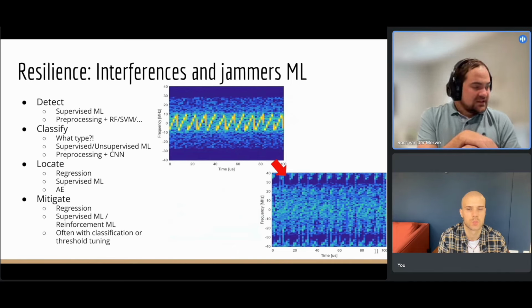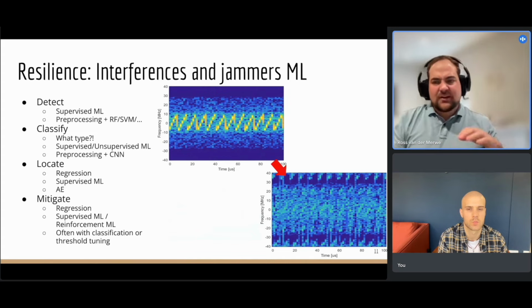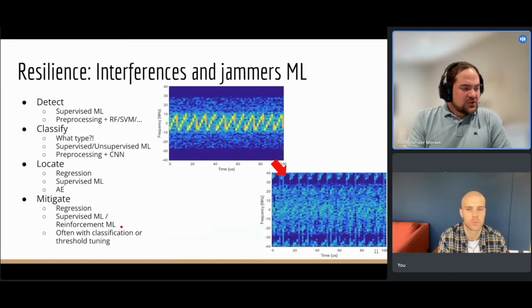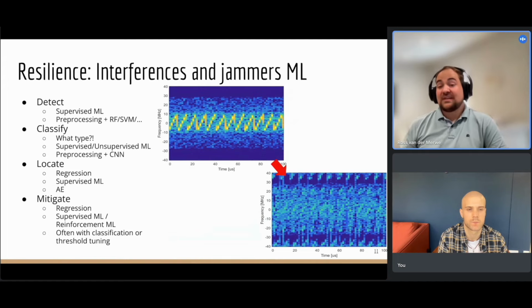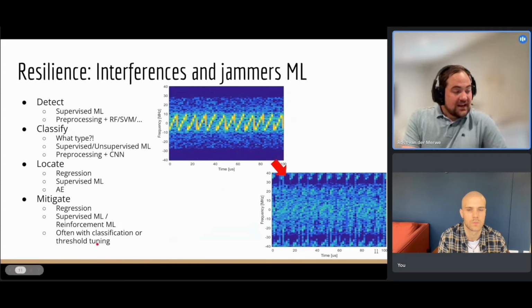The other approach, and this is something I've also been playing around with a bit, is if you start looking at reinforcement learning. The idea here is there are a lot of really great mitigation algorithms, traditional approaches, and they work really well. The problem is we have different types of signals. Some mitigation algorithms are fantastic against chirp signals, but they cannot mitigate other types. Or you have mitigation algorithms that are great against pulse signals, but they cannot work against a chirp signal. And what you'll do is use some classification first.